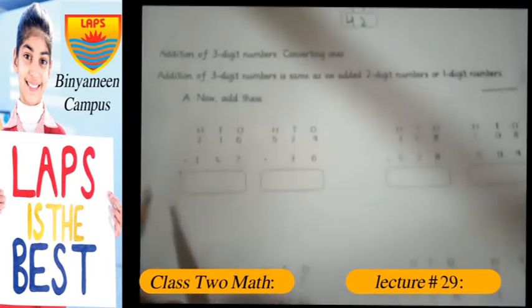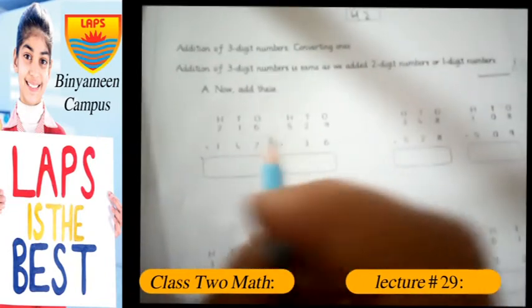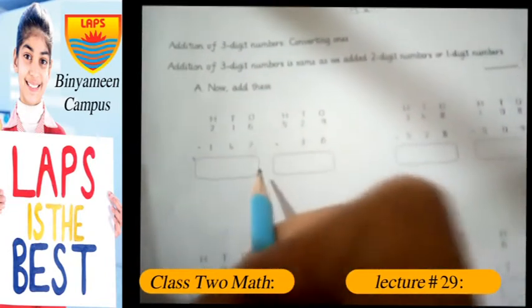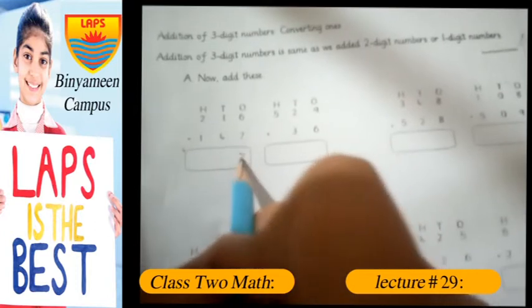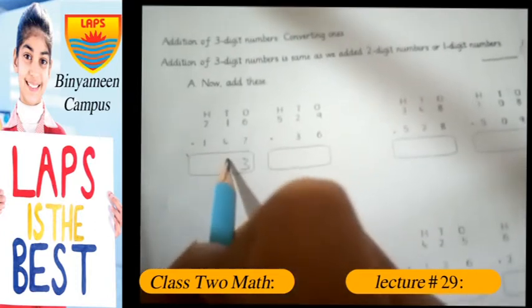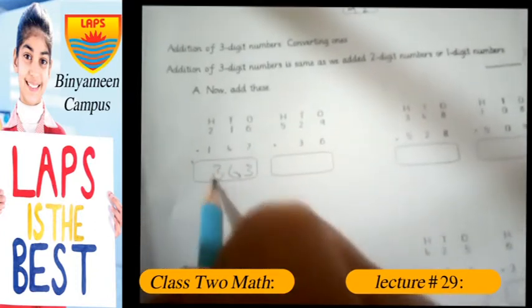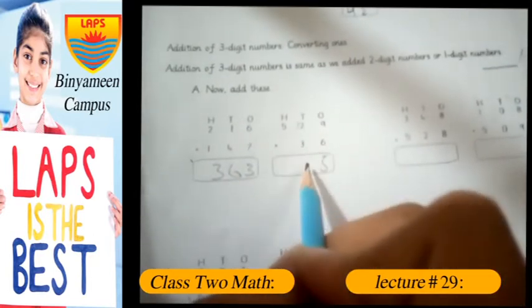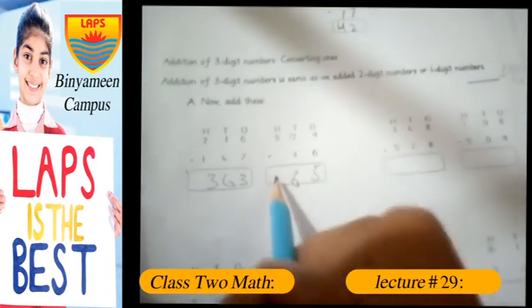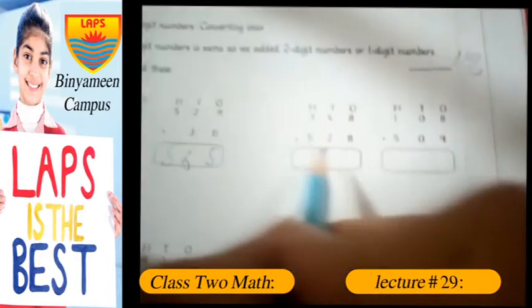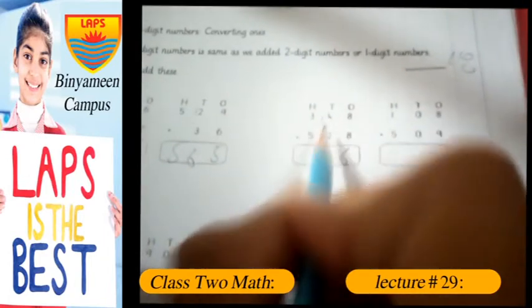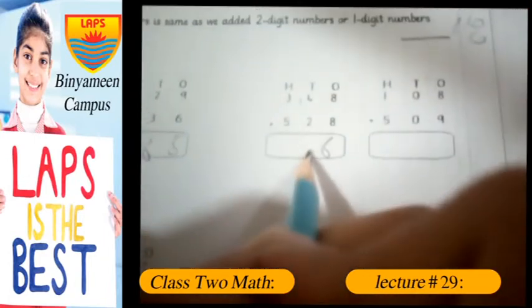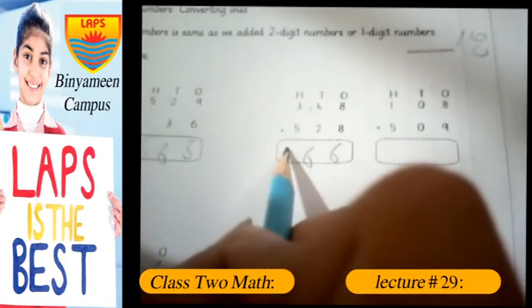6 and 7 makes 13, 1 carried here, 1 and 1 2 and 4 makes 6, 2 and 1 makes 3, 9 and 6 make 15 and 1 carried here, 2 and 1 makes 3, 3 and 3 makes 6 and 5 will be here. Just like that, 8 and 8 16, 1 carried here, 1 and 4 makes 5 and 2 makes 6, 3 and 5 makes 8, 8 and 9 the answer will be